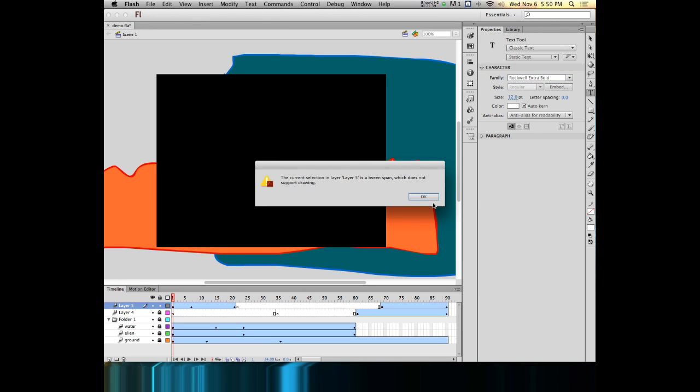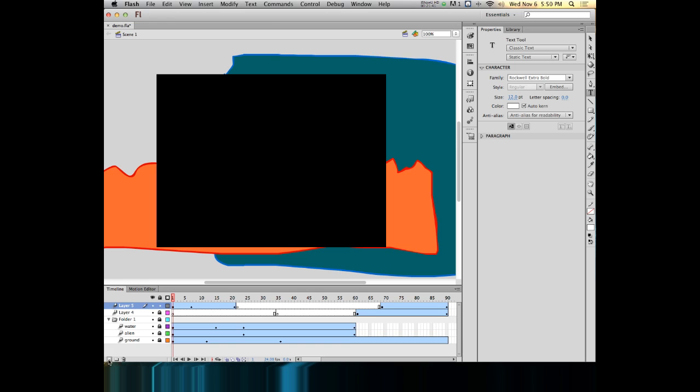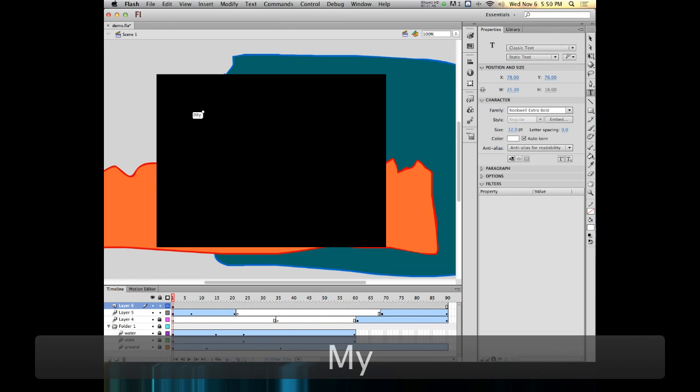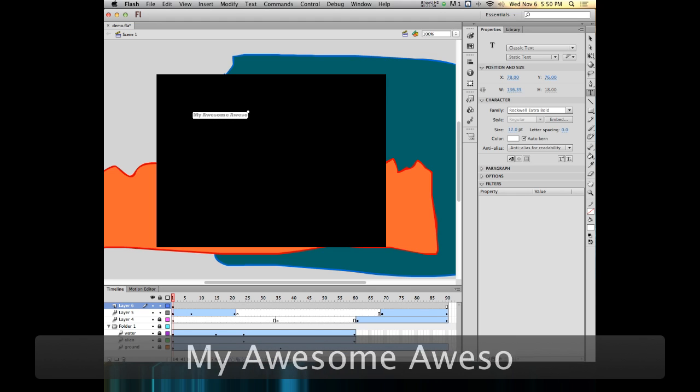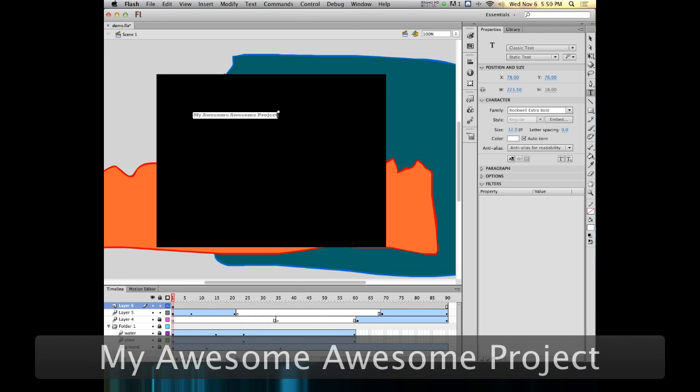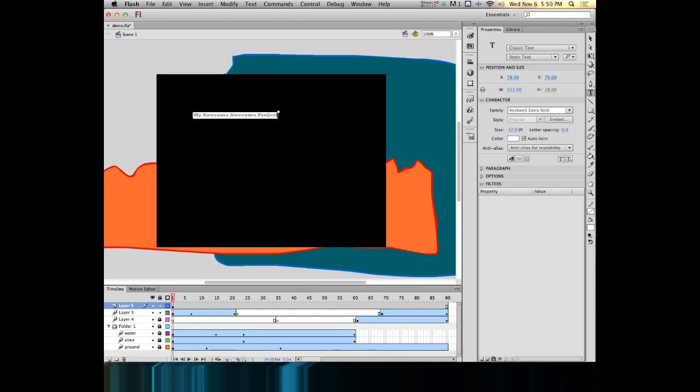So now if I start, I might need to put it on a new layer though. So now I have a new layer and I can click and type in my awesome project. So positive thinking goes a long ways here, so I would encourage you to work with that. Now that that has been typed in, we can also make it bigger or smaller as we need to and work with it. So now that I have put my text here,